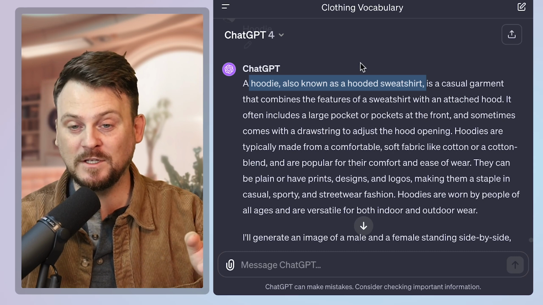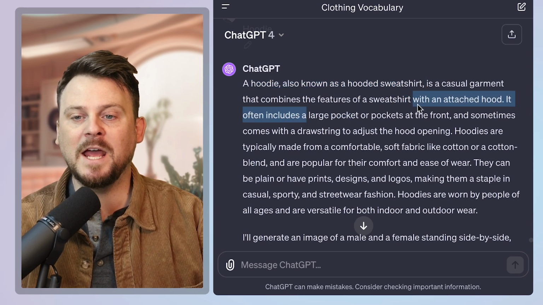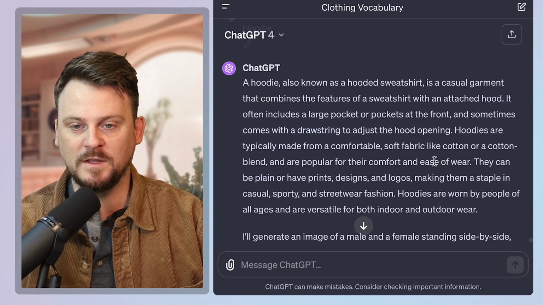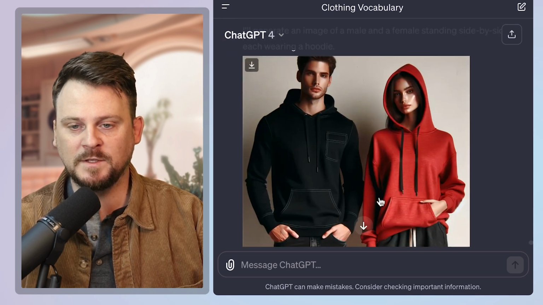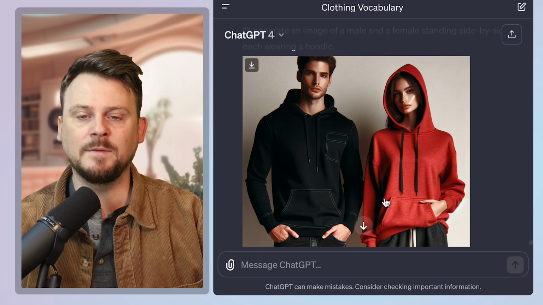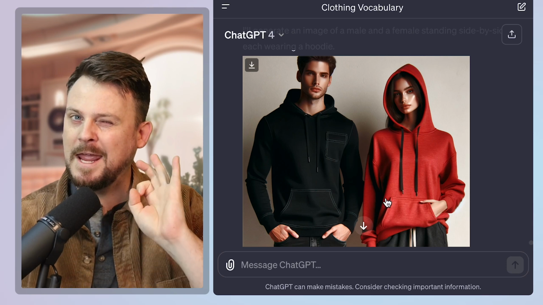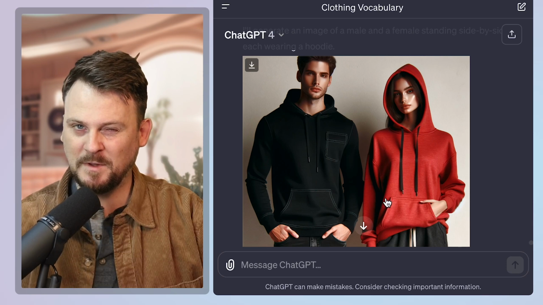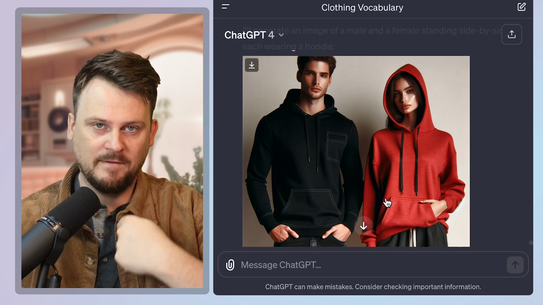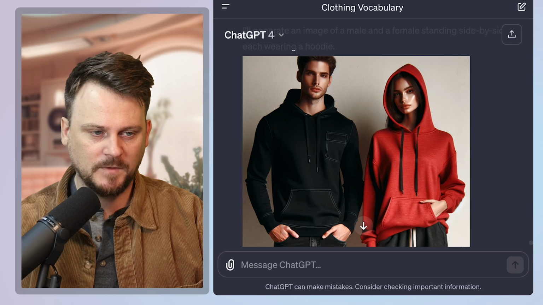Oh, the other feature that's common here is the large pocket at the front, and sometimes it comes with a drawstring to adjust the opening of the hood. So this pocket in the front is a common feature. And sometimes you have hoodies that zip in the middle. That doesn't mean it's called a cardigan. Just because it has a zip at the front and is open, it would still be a hoodie, but it would have a zipper at the front. It's all about the hood. The hood is the thing. Okay, finally,